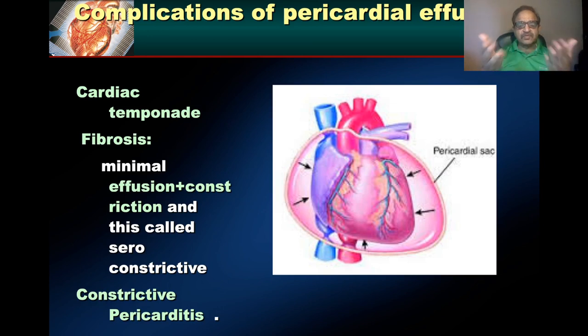When there is very low ejection fraction, then what will happen? The blood pressure will go down, the patient will become dyspneic, the patient will become drowsy, and there will be sinus tachycardia because of increased sympathetic discharge, and these are the signs of cardiac tamponade. The basic pathophysiology is increased intrapericardial pressure, not allowing the ventricle to relax and accommodate the blood during diastole.